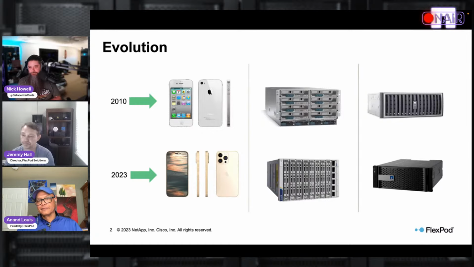Yeah. There's going to continue to be an evolution in the scalability. As the iPhones have gotten bigger, the A8 chips, A10, whatever chip we're up to now, have just gotten more and more dense. We're seeing the exact same thing with the UCS blade chassis, and with our storage controllers and storage systems. So it's bigger processors. The A250 and C250 is a 2U footprint, and you can get about 300 terabytes usable out of those things of NVMe all flash.